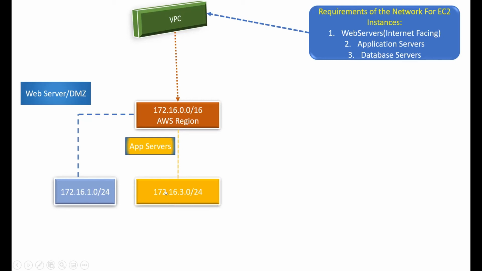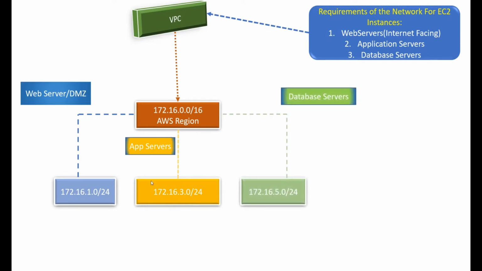Let's say you need to create a network for the database. You abstract a network from this and you create a subnet with CIDR 172.16.5.0/24. Here you have created three subnets from this CIDR,